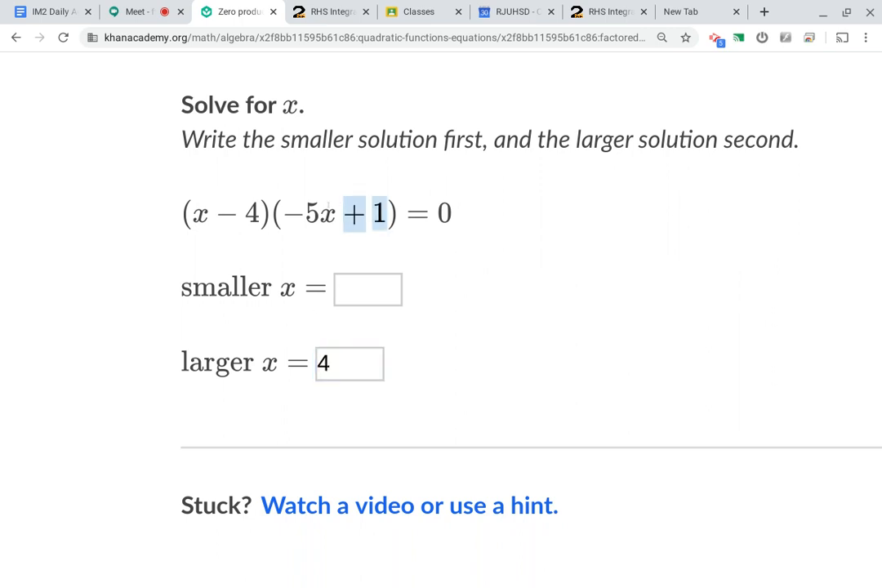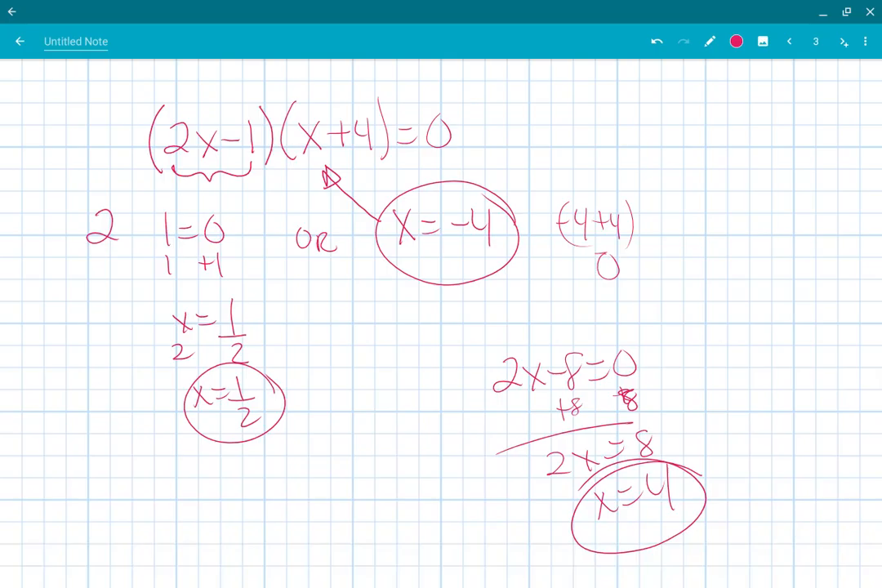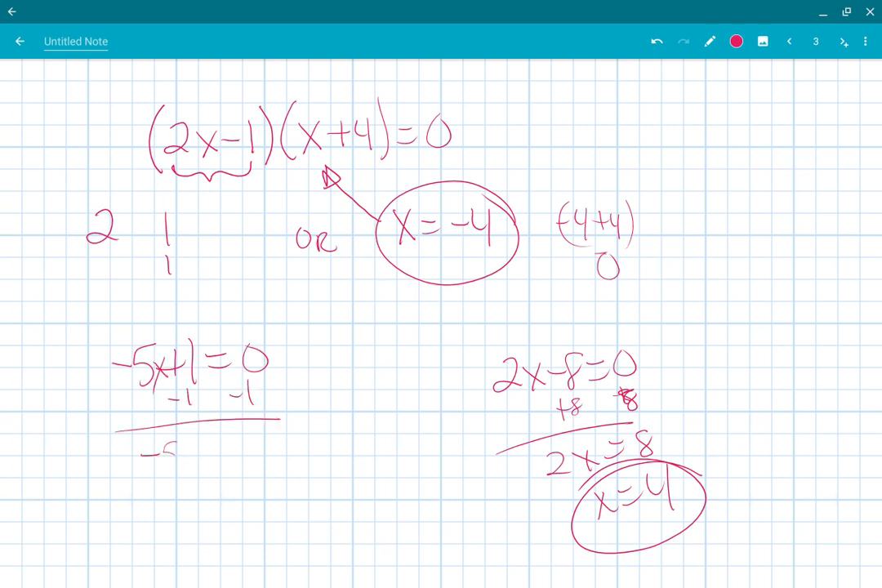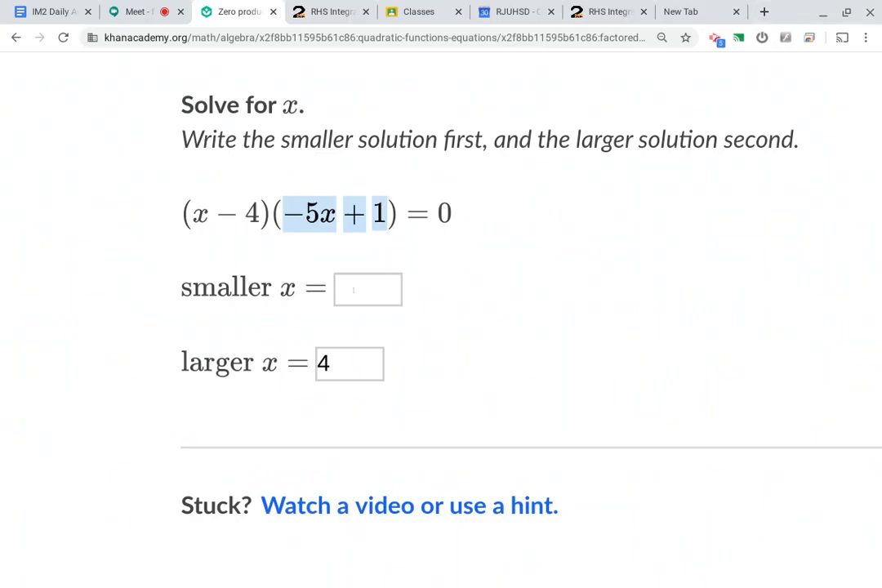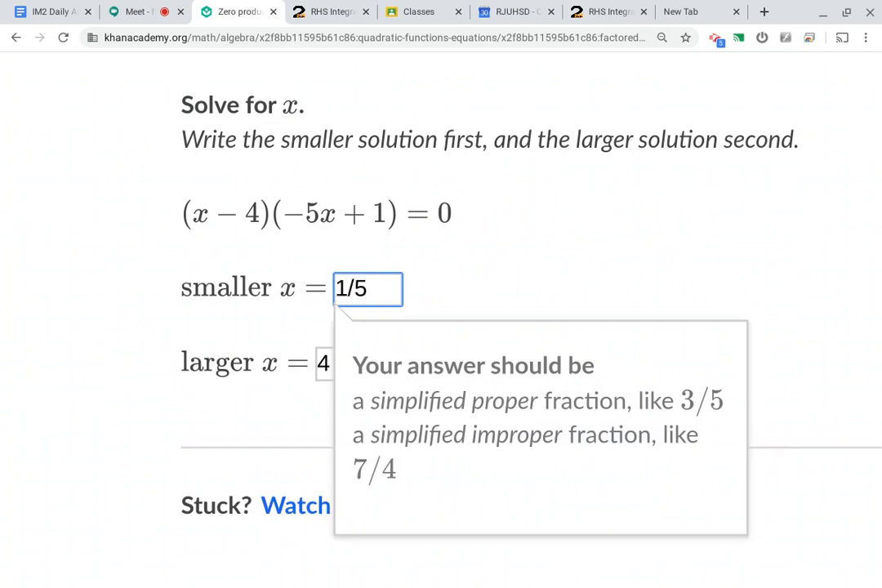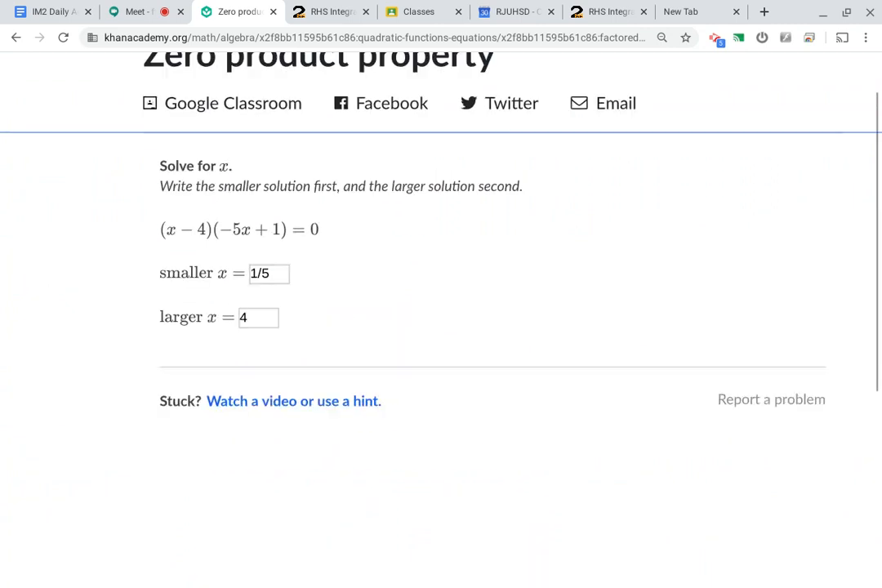Now this was harder. You gotta write that up separately on the side. -5 plus 1 equals 0. So you're gonna subtract 1, right? Then you have to divide by -5. So x equals 1/5. So that means 1/5 is smaller than 4. And that's going to give me,